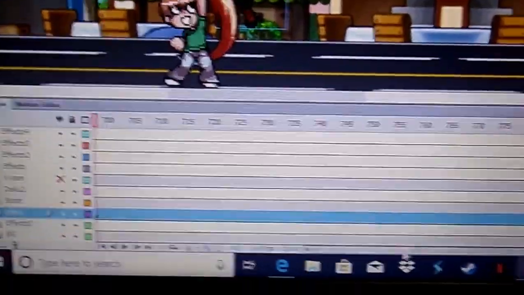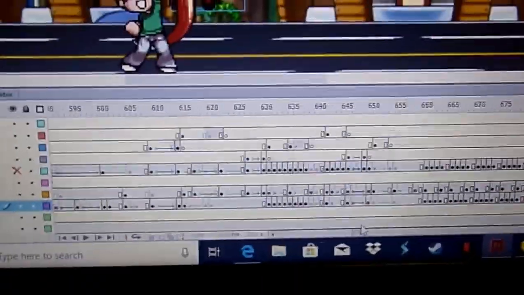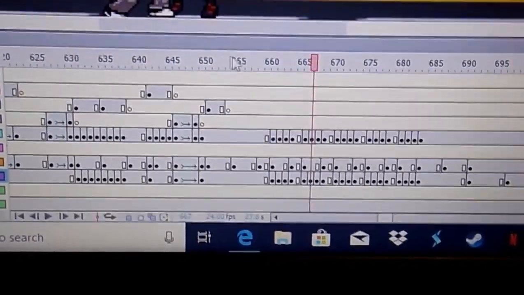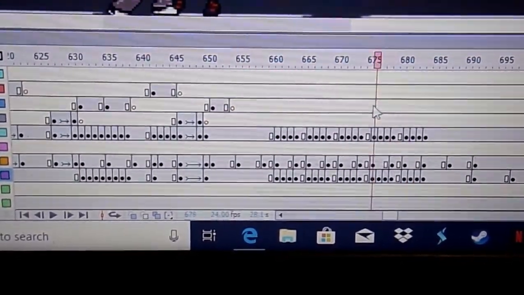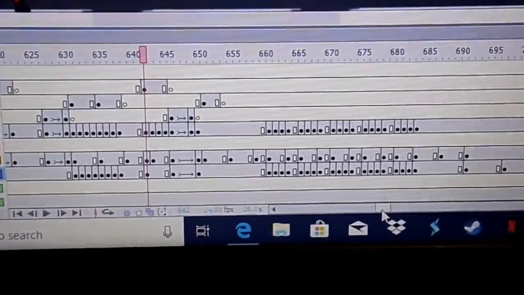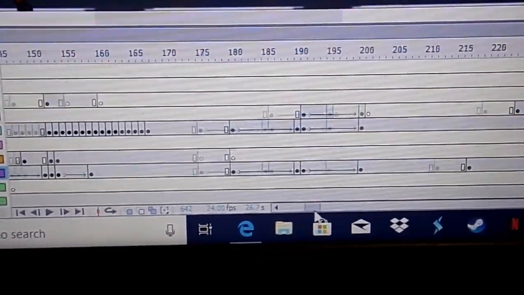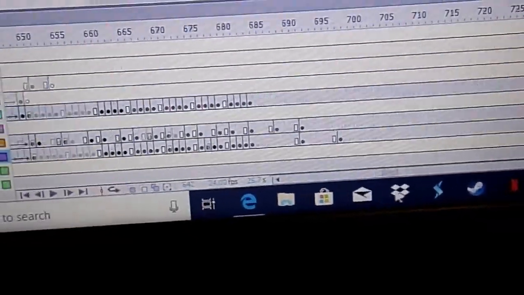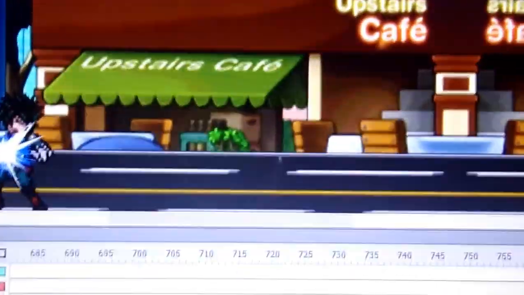Okay, as you can see, he just got uppercutted, all that. So yada yada. You guys see this right here. I'm gonna zoom in a little bit closer. I had to do all of this, as you can see, the sound effects in the background. It's not really a big deal, but all I'm trying to say is, whenever you do an animation,